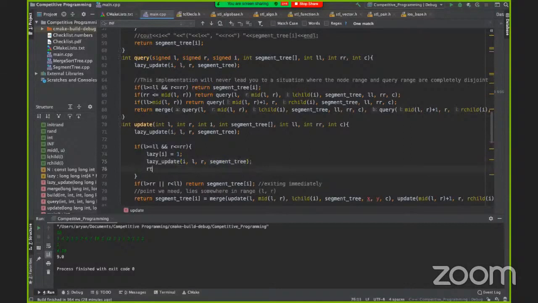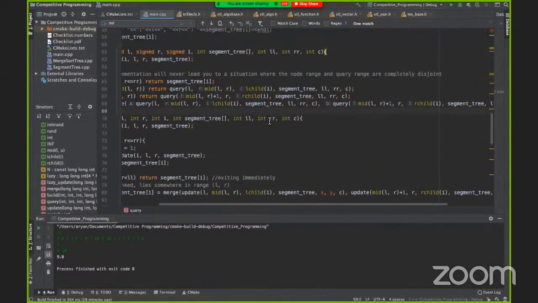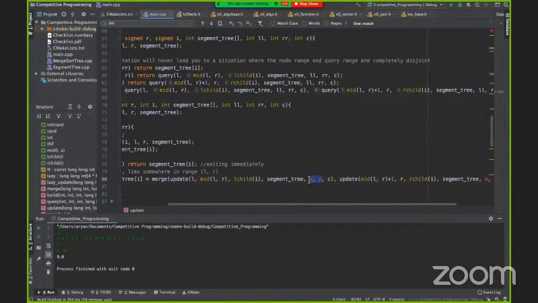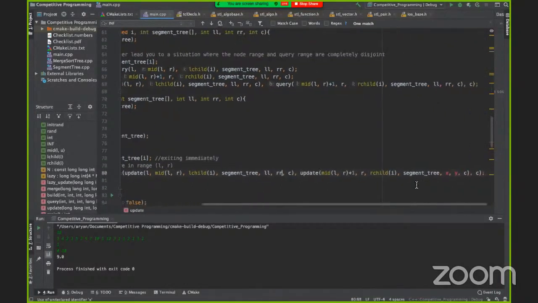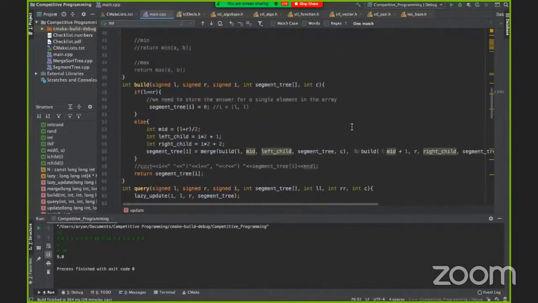And now we can just return segment tree i. Great. Now it's just making a fuss because we removed some values, so we can say LL, RR and LL, RR. And that should be our segment tree ready to go.